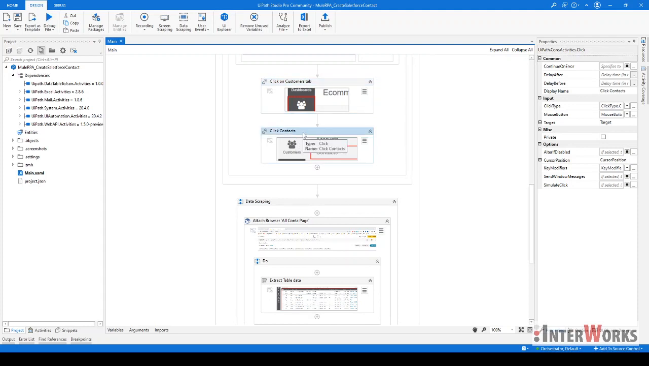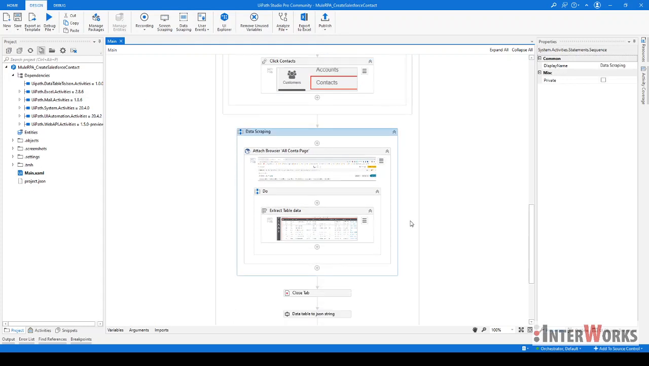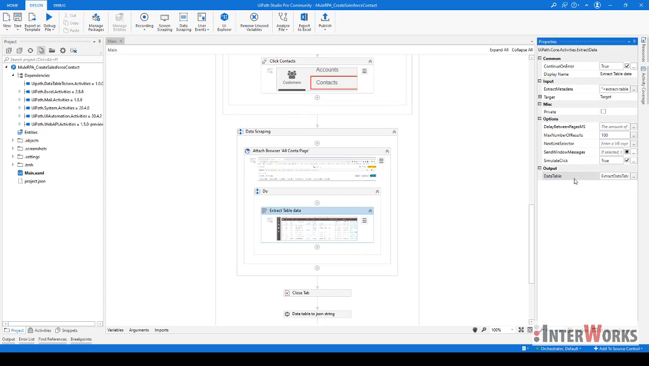When the contact page is loaded, there appears a table with contacts. We are going to use the Data Scraping activity in order to get the whole data from the table. The data scraping button can be found here. Next, the data from the first page is scraped and the Data Scraping activity is added to the sequence, which as an output has an automatically created variable